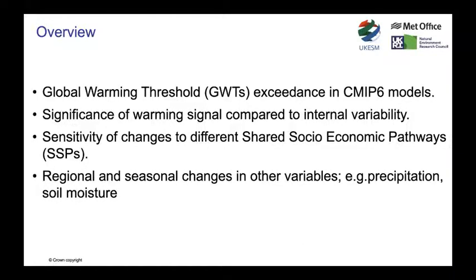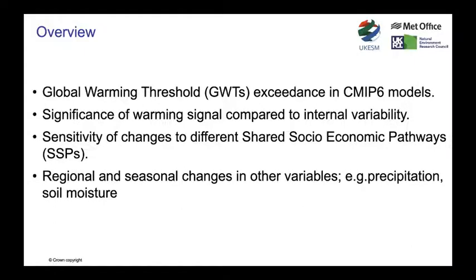So we wanted to look at global warming threshold exceedances in CMIP6 models. So when different climate models under different scenarios, now called SSPs, the shared socioeconomic pathways, exceed 2 degrees and 3 degrees and 4 degrees and so on. We also wanted to look at changes in temperature, and that was part of our early results from last year. And we also wanted